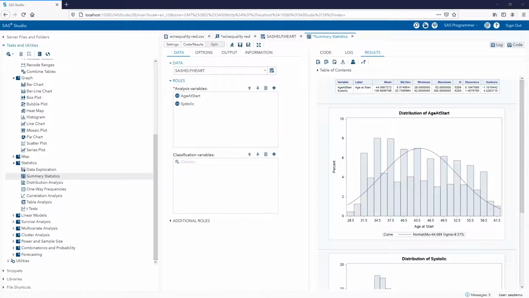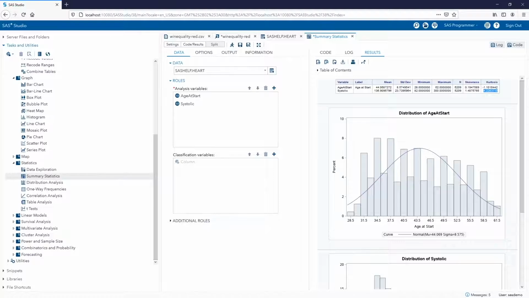Some researchers consider a kurtosis value of higher than 3 or lower than -3 to be excess kurtosis. So that means that it's outside the ranges of normal. And when we look at the systolic variable, we notice that the kurtosis is 4.228. So that is a little bit high, according to what some researchers recommend.